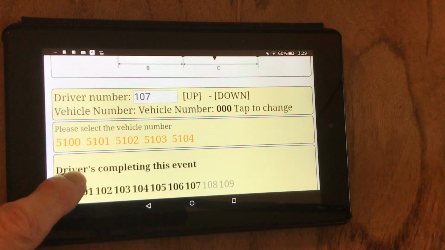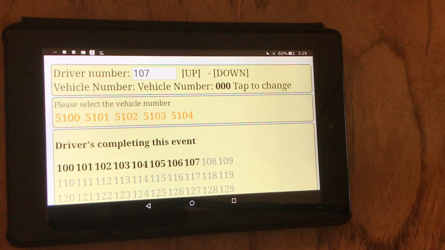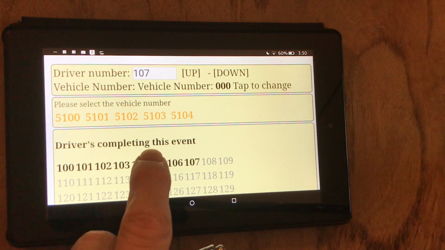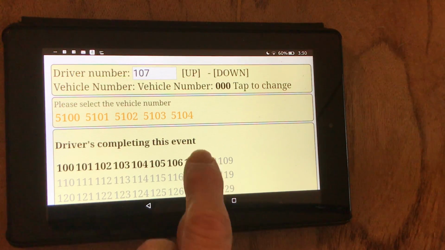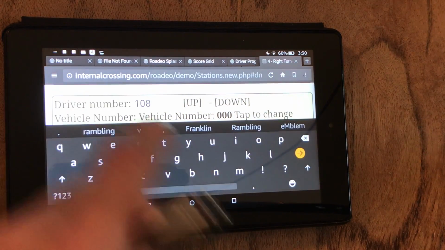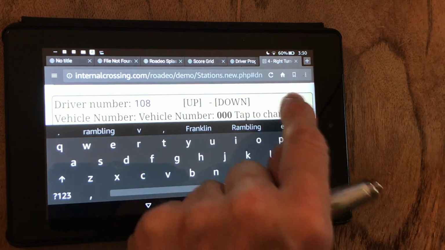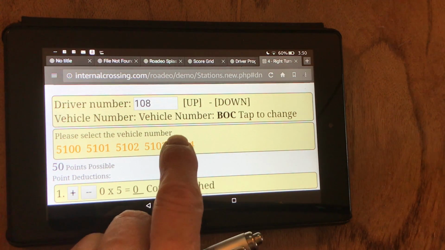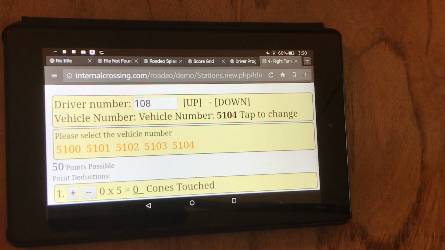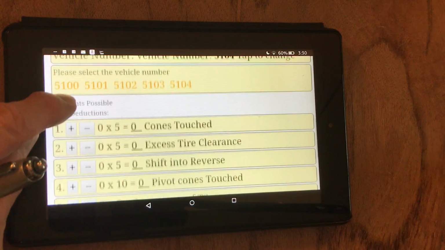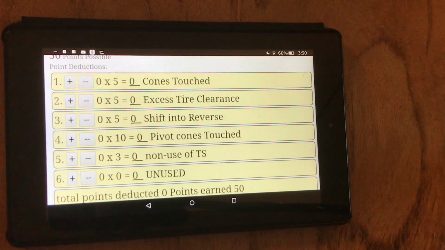We see that there is a place to put in the vehicle number and the driver number. If you look down here at the bottom where it says drivers completing the course, drivers 100 through 107 have already completed the course, and you cannot tap on them. However, 108, you can tap on it. It puts in the number 108. Tap here to clear that, and then you come in here and you put in the vehicle number. Notice that the driver numbers have disappeared because we don't need them now until we come back for the next